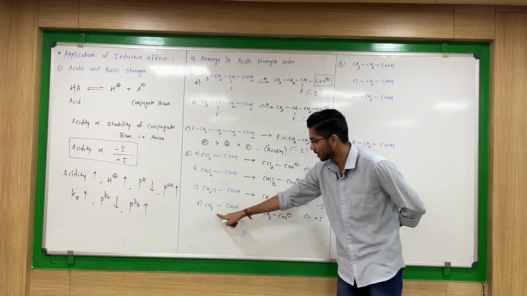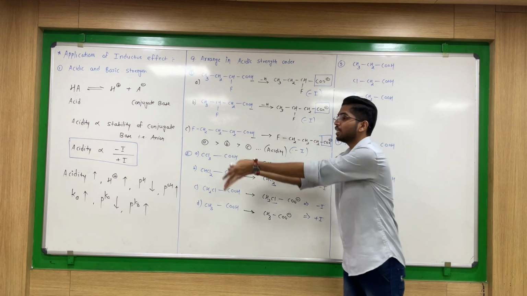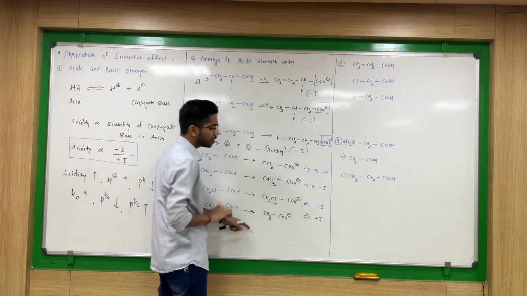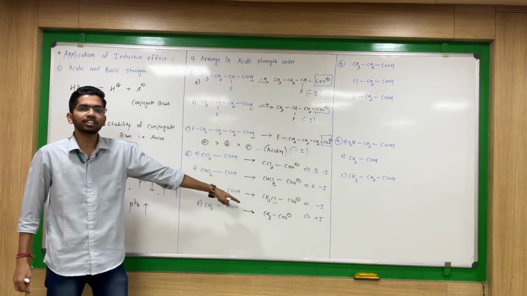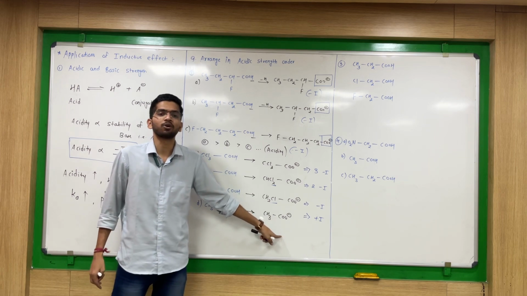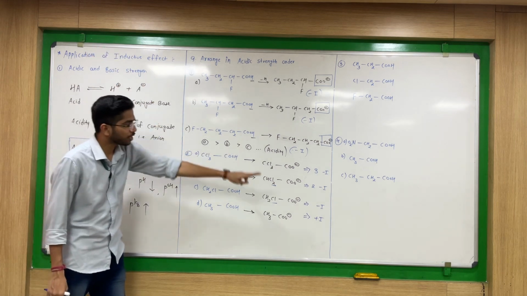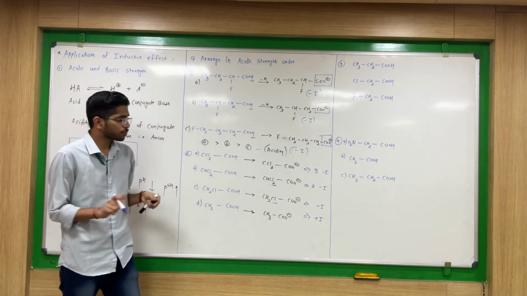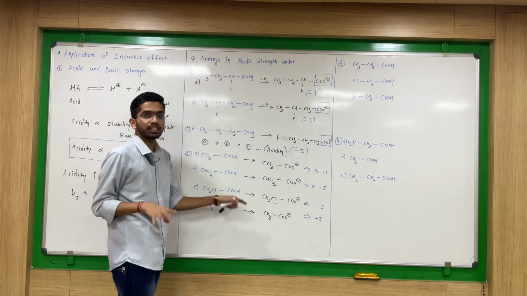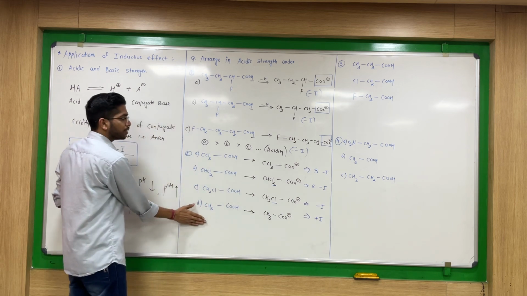But here this CH3 comes under the category of plus inductive effect. It is giving electron density. Now look at here. CH3 is giving electron density to the COO minus. If it is giving electron density to the COO minus, it will become more unstable. If it becomes more unstable, it will react with the H plus and again acid will form. So I want this COO minus as stable. Means what? Plus inductive effect decreases the acidity here. So here which has the least strength? Last one will have the least strength.